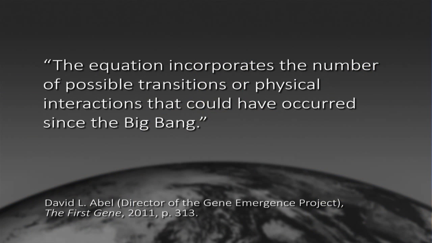Furthermore, David Abel, director of the Gene Emergent Project, states that there is an upper limit, and he calls this the universal plausibility metric, beyond which an event will not happen. And I quote from him, "The equation incorporates the number of possible transitions or physical interactions that could have occurred since the Big Bang." We took into account every possibility, every interaction that could occur in these last 13.5 billion years, according to evolutionists. And he came up with a number that is 10 to the 140th power. Folks,